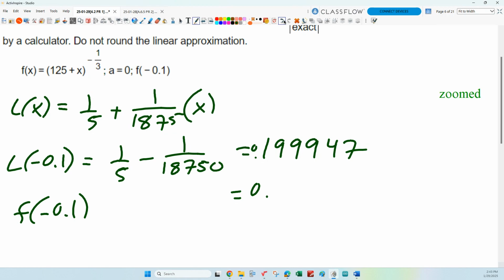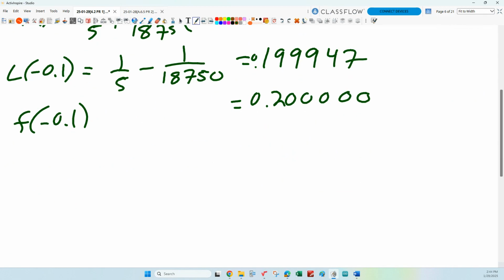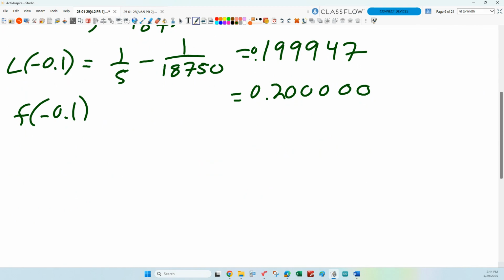We forgot, I multiplied it by 125. I don't know what we did. We got 0.20000. Okay, 5 zeros? Yeah. Okay, so then if we wanted to find the relative error,